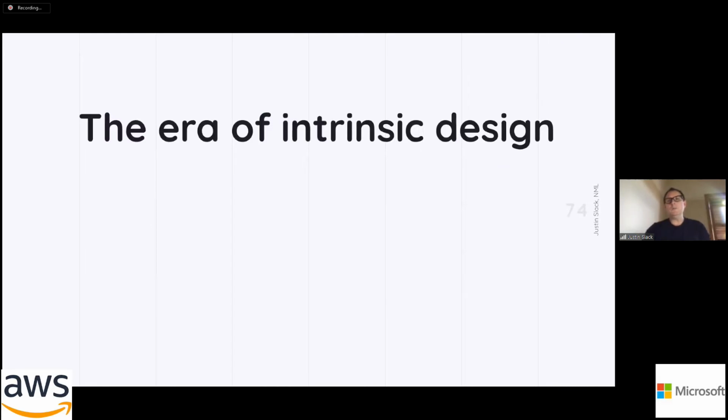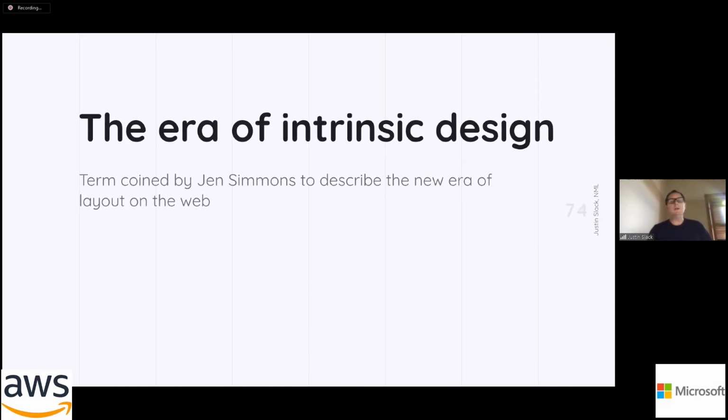So all of this has ushered in something that we can call the era of intrinsic design. Okay, and this is a term coined by Jen Simmons, who some of you might know. She's done an enormous amount of work writing about Flex and Grid. And we have a lot of things that we can talk about when we're talking about the era of